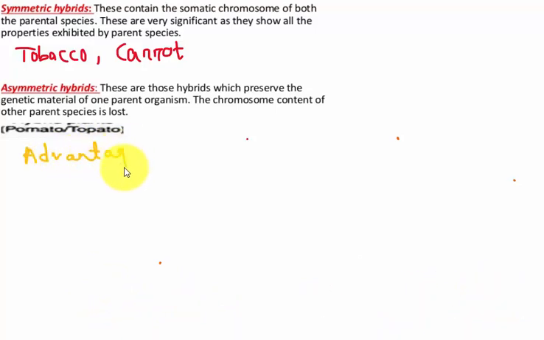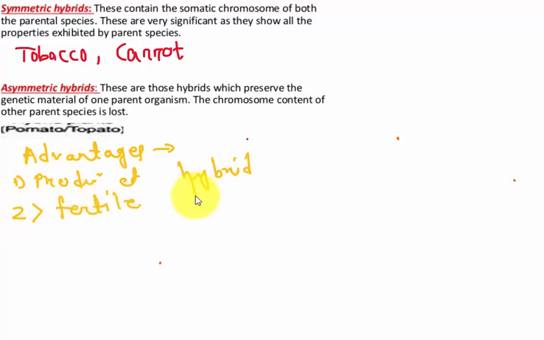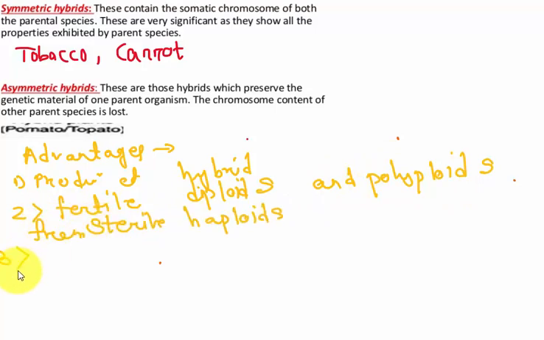Second is the production of fertile diploids and polyploids from sterile haploids. Then third, we can transfer genes for selective purposes like disease resistance